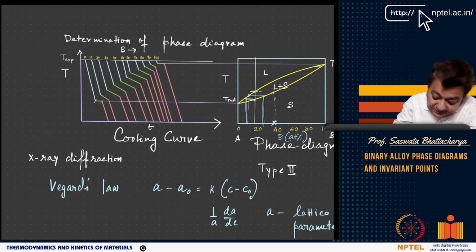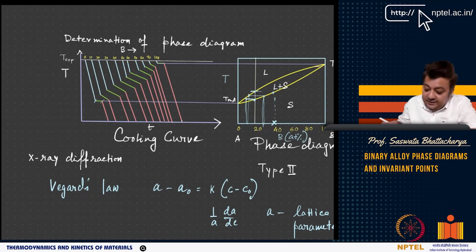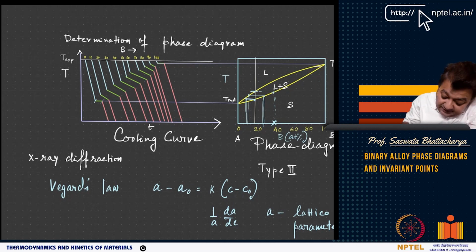Now, look at 20 atomic percent. You have this curve, and then you have this slopey region, right? The slope changes, and then again the slope changes when it's solid. So you have this region which represents liquid plus solid. Now, how is that happening? Why is there a slope here? Why is it not horizontal like pure A? Why is this line not as horizontal as here?